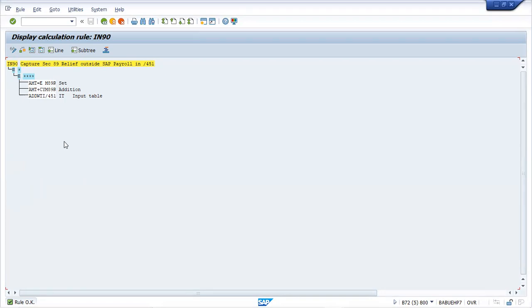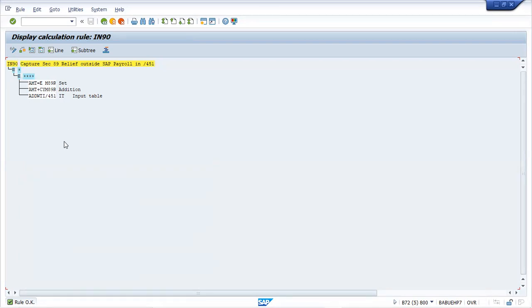You can copy that M89R, create your own wage type, and enter that value in infotype 15. Then it will do it perfectly, and section 89 related relief, everything will be calculated correctly in this way. So these are the 3 different approaches. In most of the projects I have worked on, I have mostly used the first one, that is automatic computation. But these are the options we have.